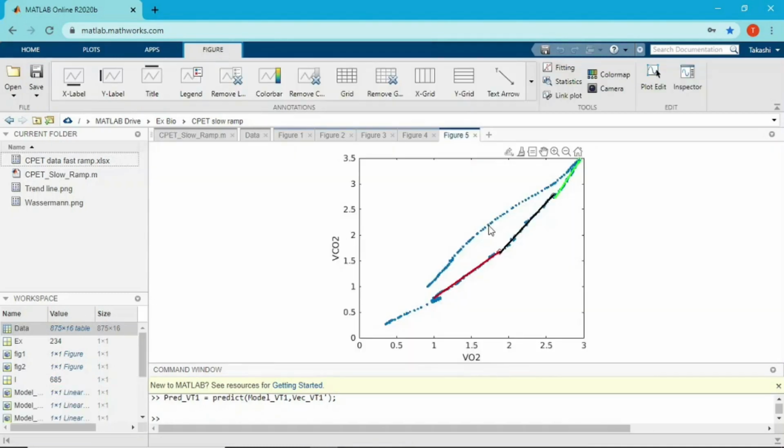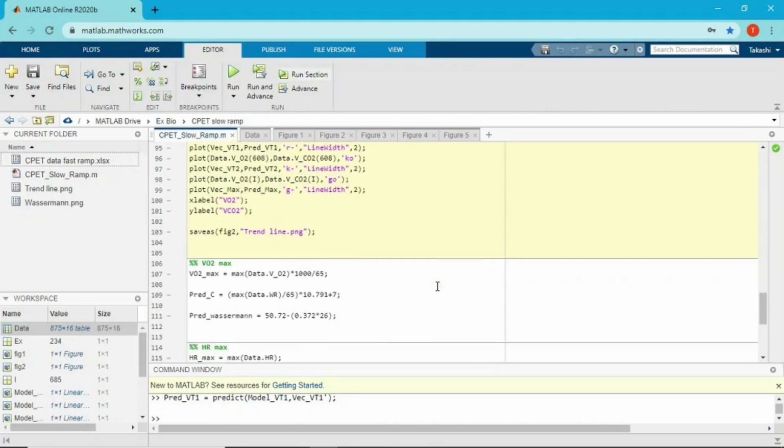And you see this plot, this is panel number 5, and I just created the linear model, which is here, from where exercise started to BT1, and from BT1 to BT2, and from BT2 to the end of the exercise. So pretty much there is a deflection point right here and right here, and you can see the slope increases from the first model to the second model, and from the second model to the third model. So yeah, I agree this is BT1 and this is BT2, and that's a trend line part.